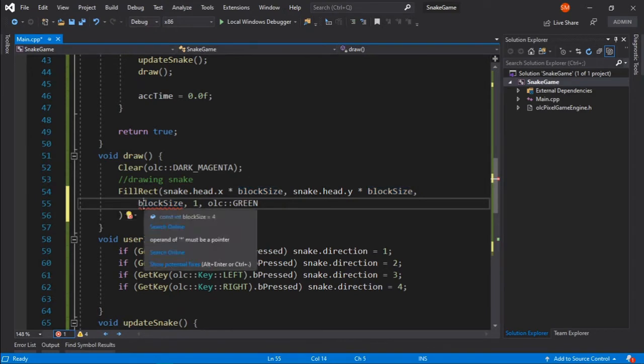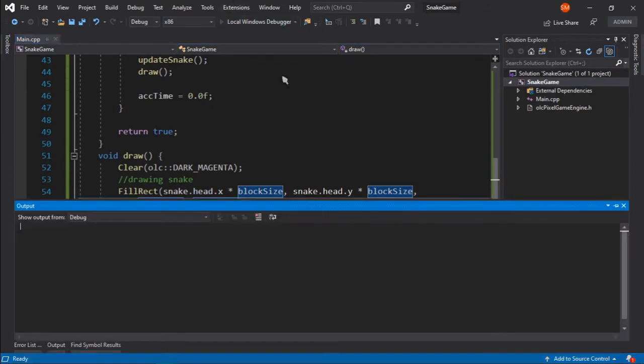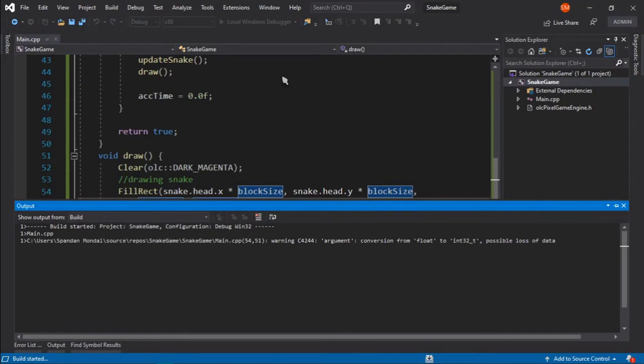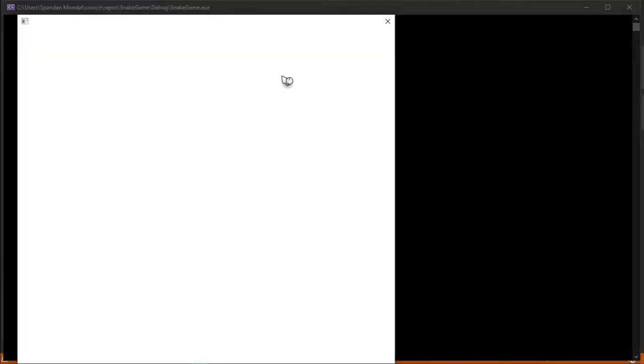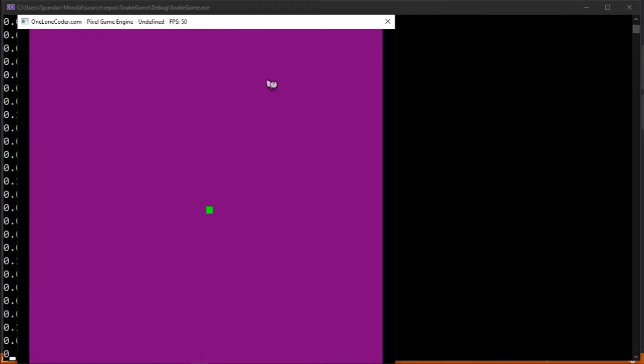So it will be no longer a 1 by 1 rectangle, but a block size by block size rectangle. So it will just act as a zooming factor for our snake game. It will just zoom the game a little bit more so that it's clear to you. And now as you can see, our snake is running like this.